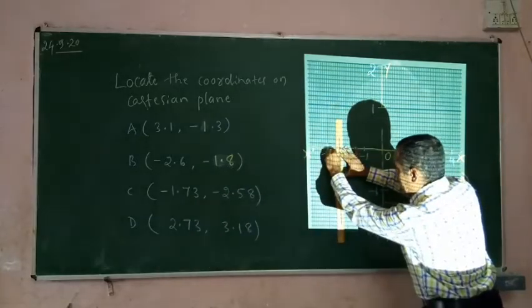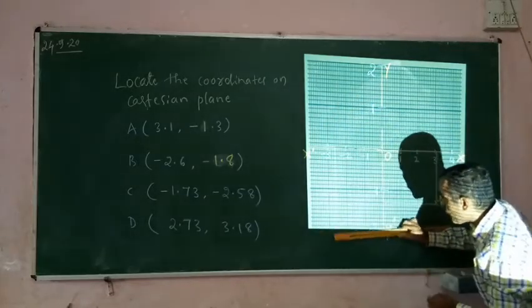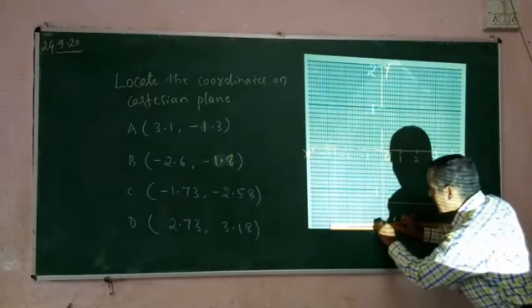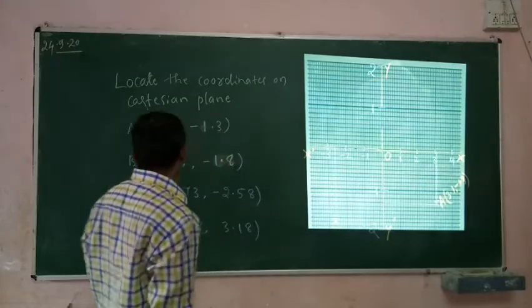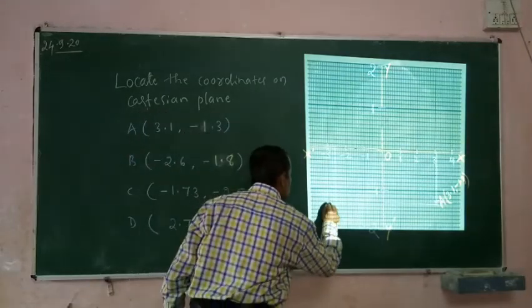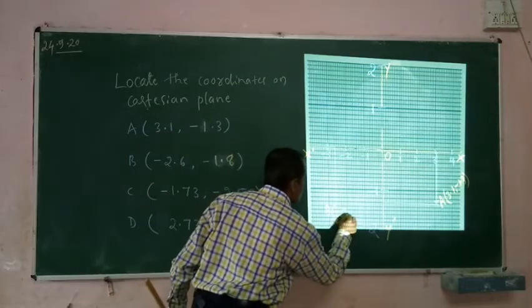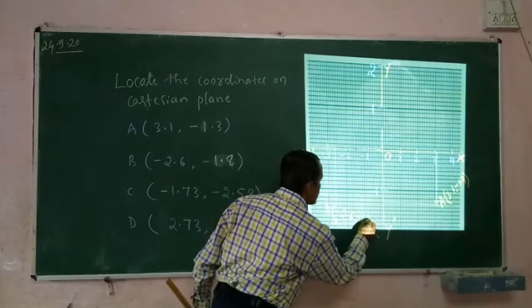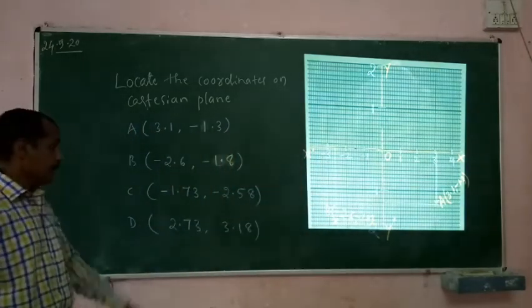-2.6 from here, -1.8 from here. And this is the point of intersection. I can call this point as point B. The coordinates are -2.6 and -1.8. Come to this. Now this point is